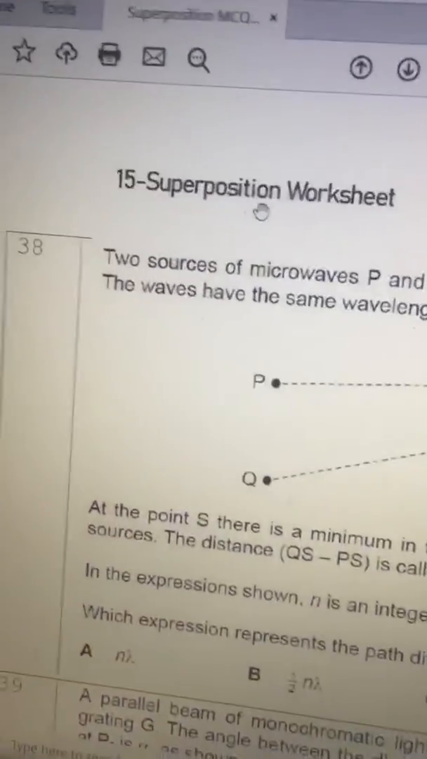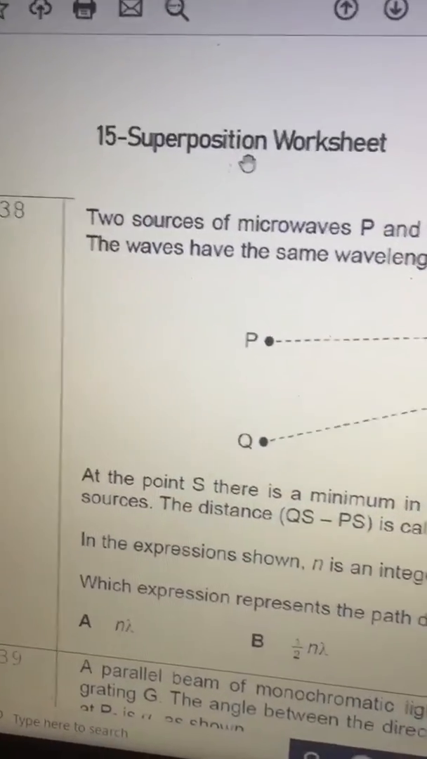So now we are trying to do question number 38 from the superposition worksheet. If you haven't done or read the question, please pause the video and do the question. The idea is,